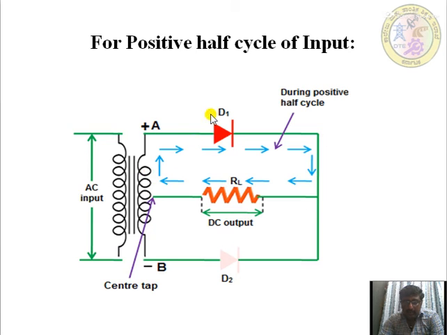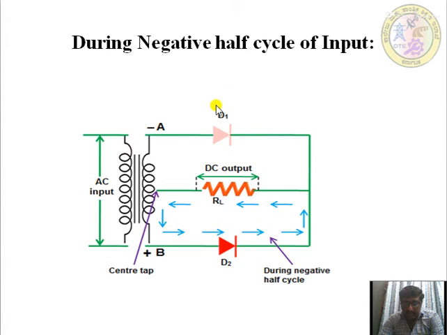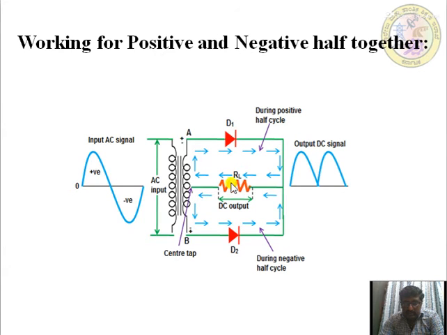Okay, same thing. During the positive half cycle of the input, diode D1 is conducting and D2 is in the off state, and the DC output current is considered across the load resistor RL. During the negative half cycle, diode D1 is in the off state, diode D2 is conducting, and the output current is considered across the load resistor RL. So as explained previously, with both combinations we will be getting the positive cycle, so two cycles at the positive terminal.